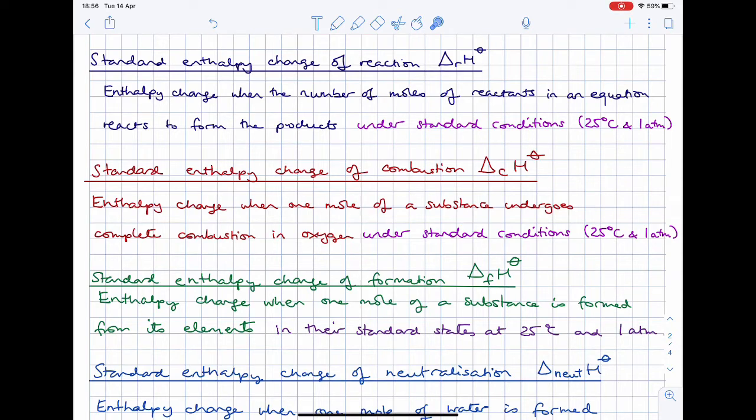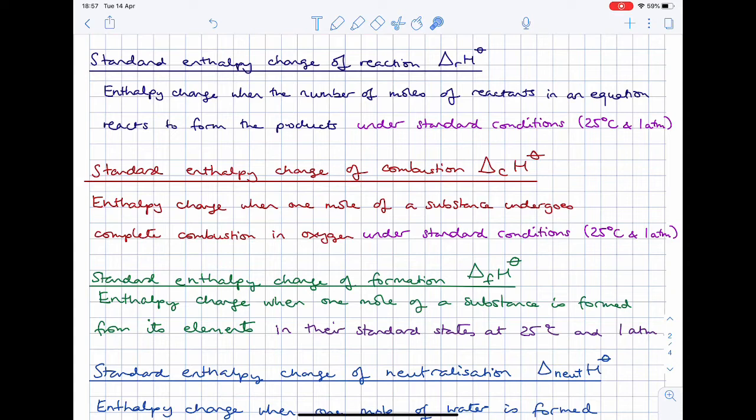The standard state of hydrogen is a gas, and the standard state of oxygen is a gas. The standard state of water is liquid, because those are the states of matter at 25 degrees C and 1 atmospheric pressure. You notice that I've put the symbol here to show that these are standard enthalpy changes rather than